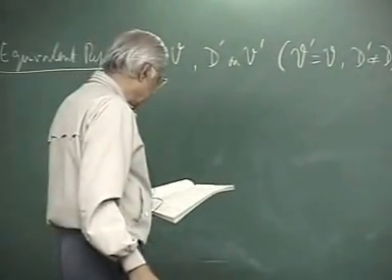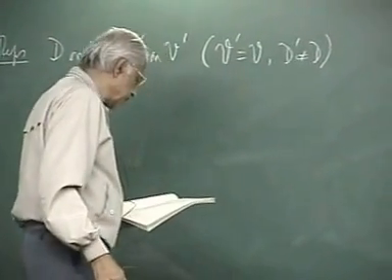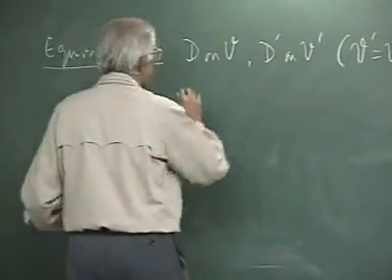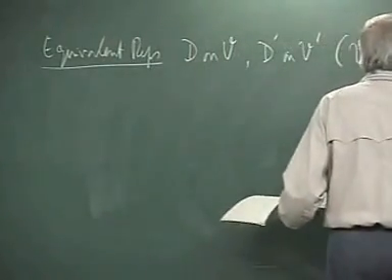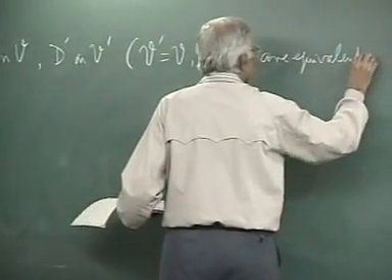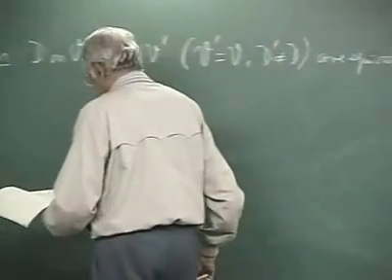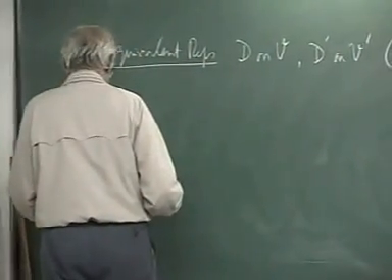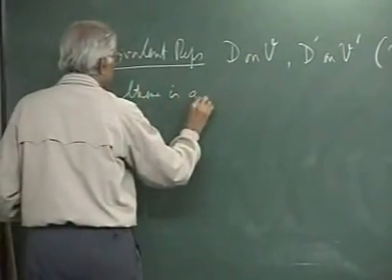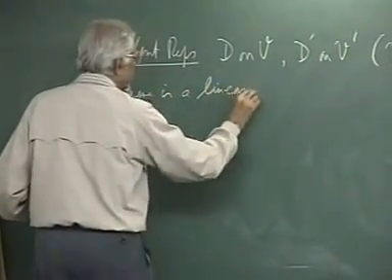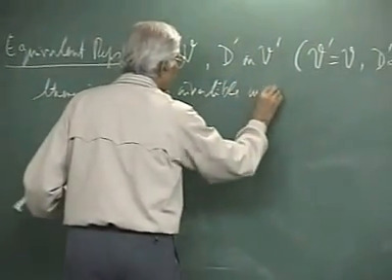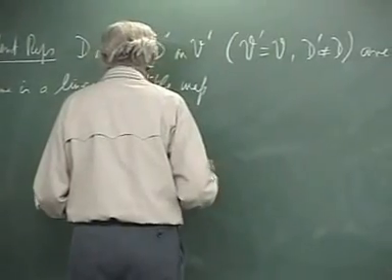When do we say that these two representations are equivalent? We say that D on V and D prime on V prime are equivalent if and only if there is a linear invertible mapping or operator or transformation